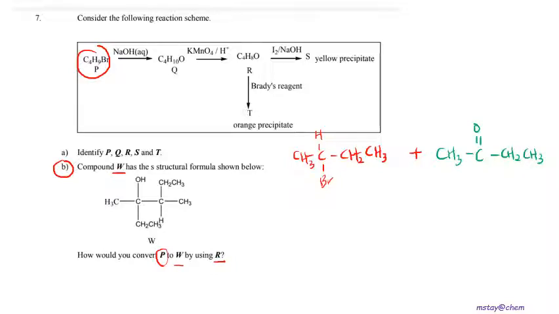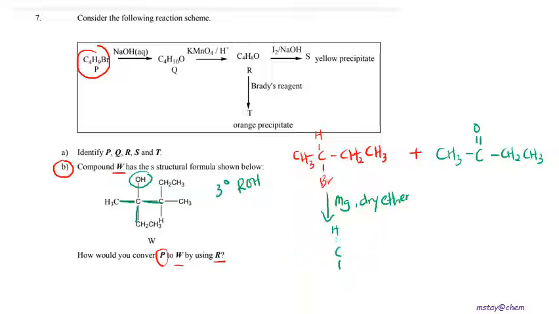Okay, so from here we know that haloalkane reacts with the carbonyl compound, and then the W is an alcohol because we can see there is an OH group, and this alcohol is attached to 1 carbon, 2 carbon, 3 carbon, so it is a tertiary alcohol, and the number of carbon is also a combination of these two compounds. So this means that this haloalkane needs to be converted to Grignard reagent. Okay, magnesium in dry ether. Okay, the haloalkane will become the